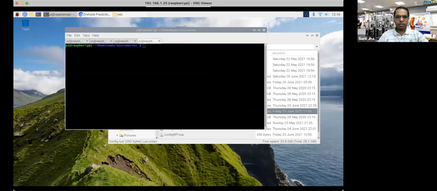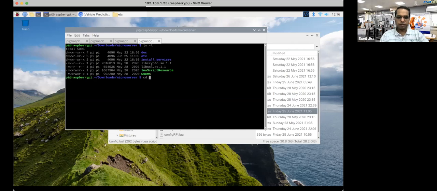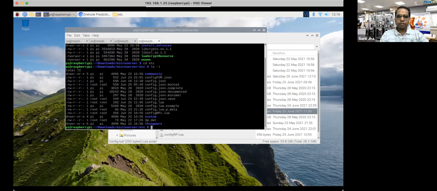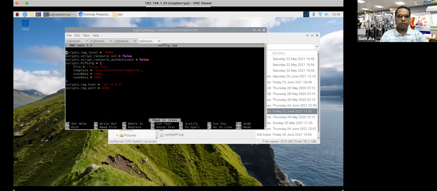So if I just go there, now you can see here why it was not saving, because config.lua has root access. So I have to just do the sudo, and yeah, I can make changes now here.